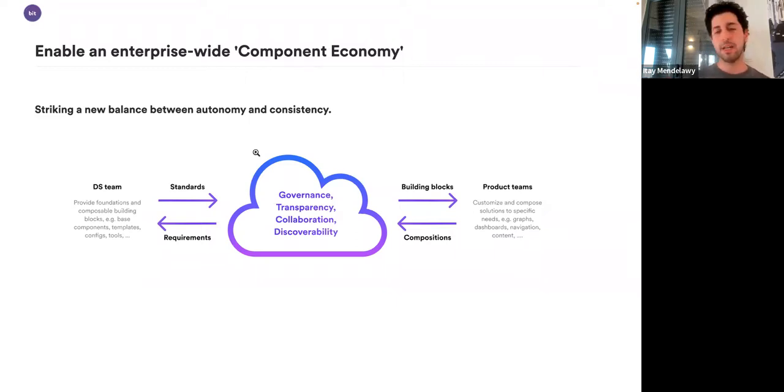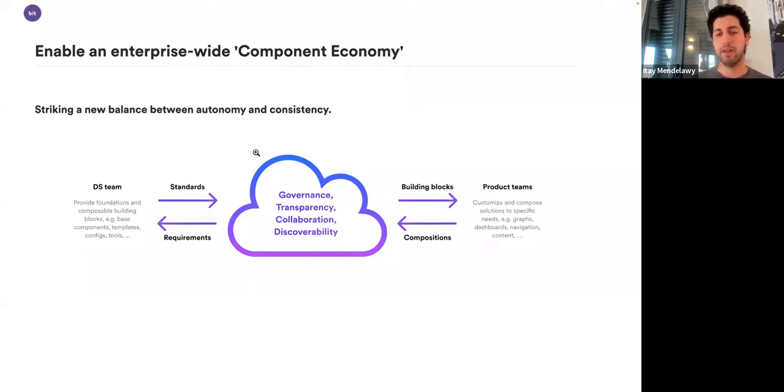And then on the other end, we have product teams that, on one hand, enjoy the composable building blocks that can be more easily adapted by themselves, by their applications, and build their concrete solutions. And on the other hand,